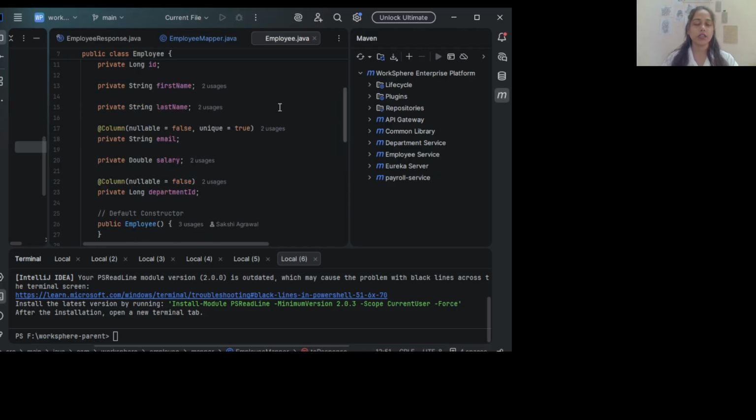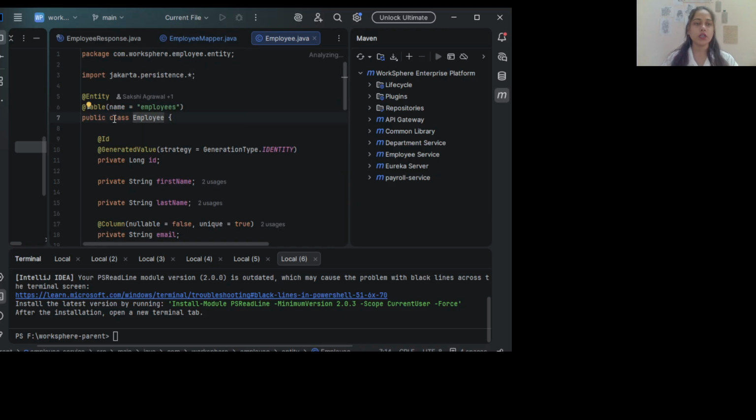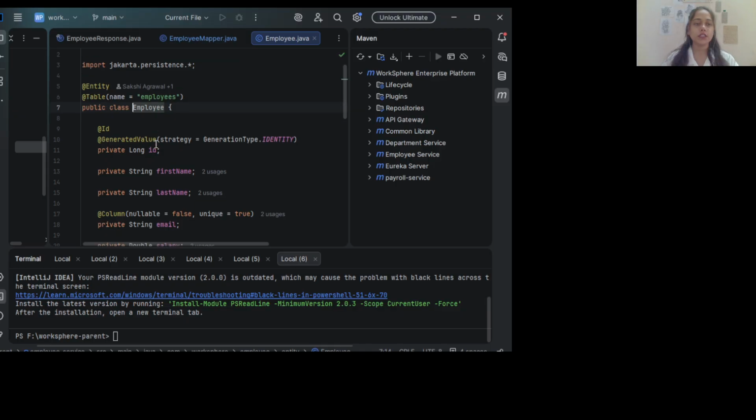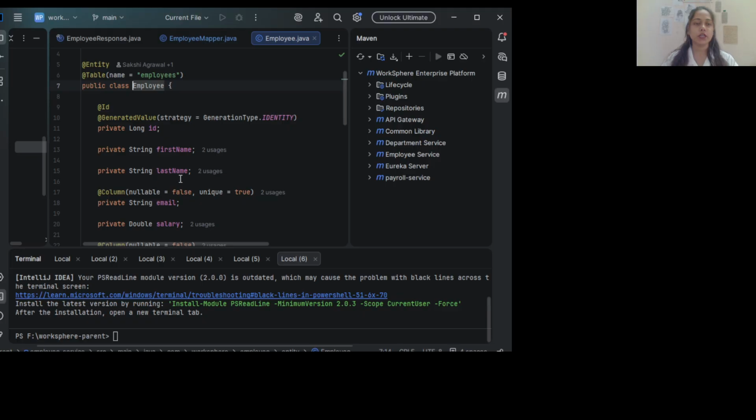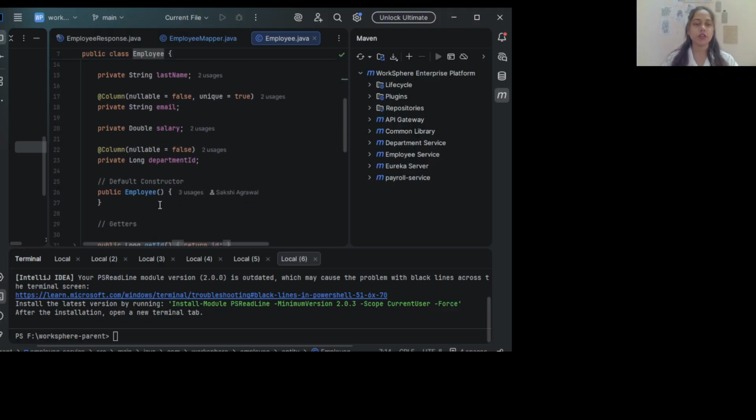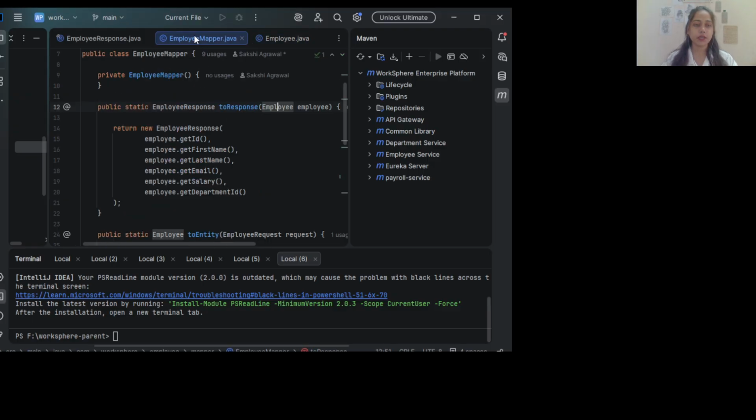If I go inside the employee, you can see it is a normal class. Inside this class, we have the ID, first name, last name, every field, similar to the DTO. But whenever we are calling the object of the employee class inside the mapper, we have the employee object which is created and we are using the get methods.